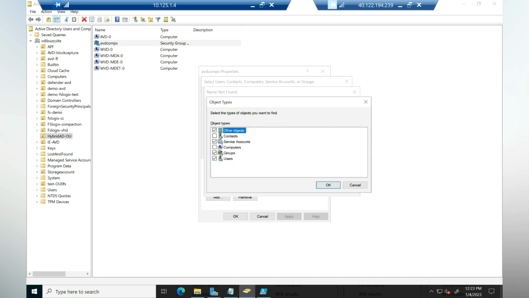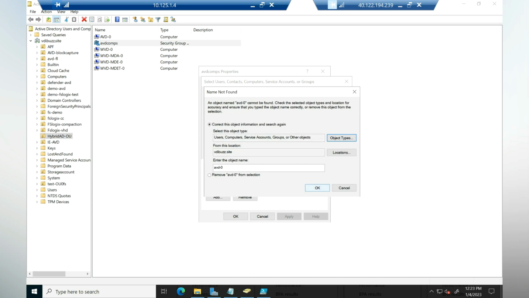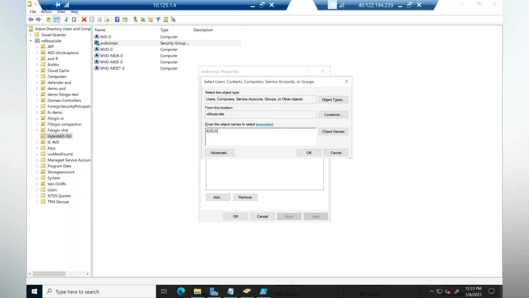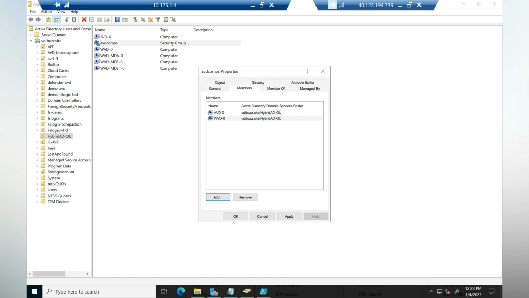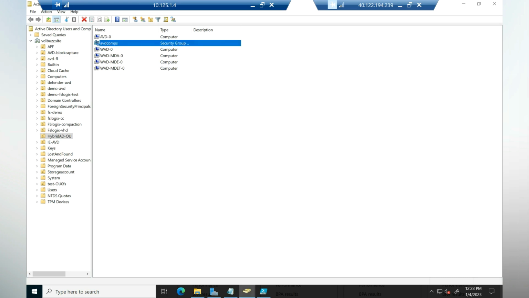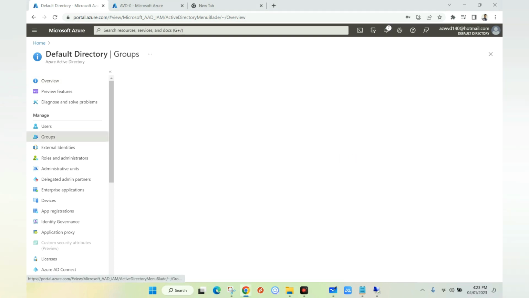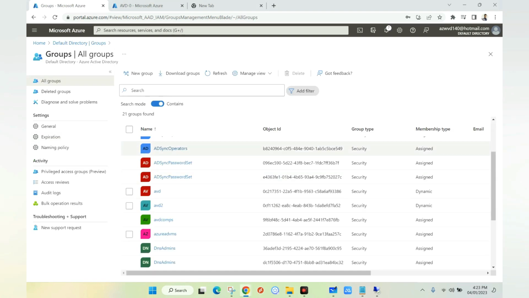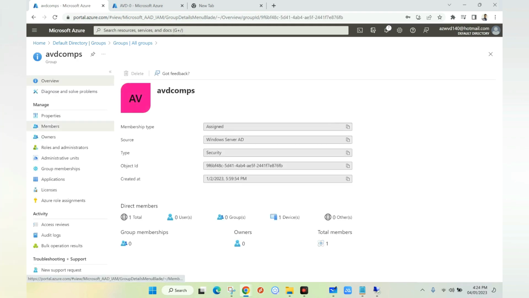Here under object type, we need to select computers, and then we can click OK. So now our computer or session host is added to this particular group. So all the computers in this group will be synchronized with Azure AD. So if I go to my Azure AD, if I browse to groups, I should be able to see the group which is AVD comps, and if I open this group and select members,